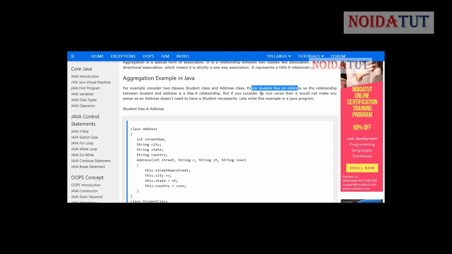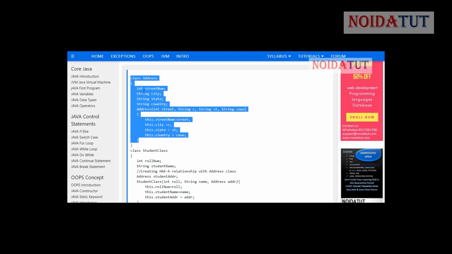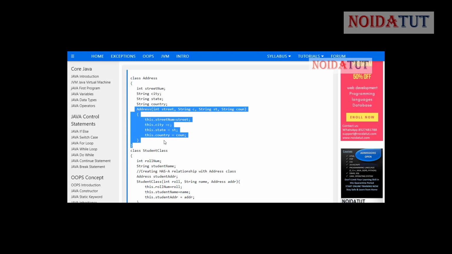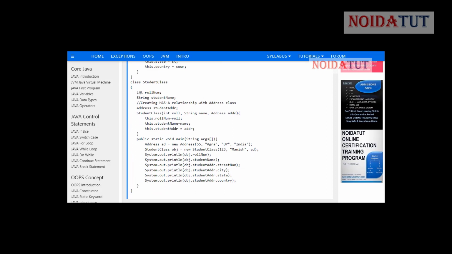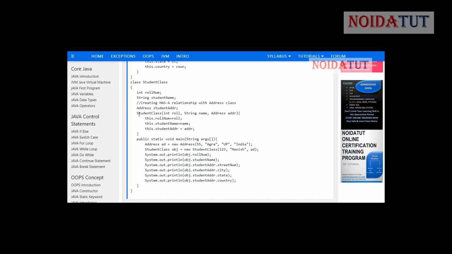To understand this example, you need to know that a class is a complex data type. Class and structure, or struct, is a complex data type. When we talk about a complex data type, that means we can also consider it as defining a data type, which we are going to see in this program. In this, we have a class address. Then we have different data types and functions. We have another class, the student class. In this, we have different data types and different functions.